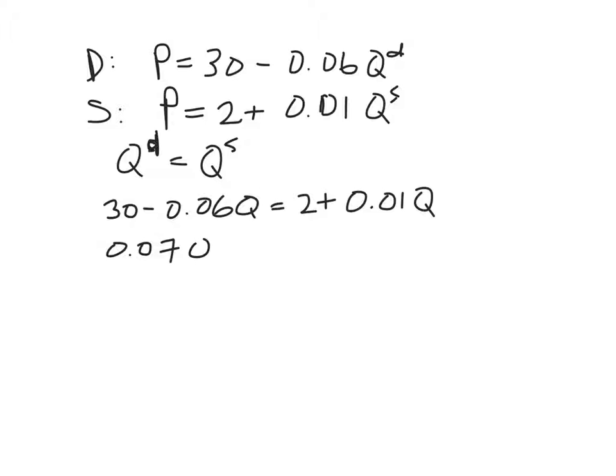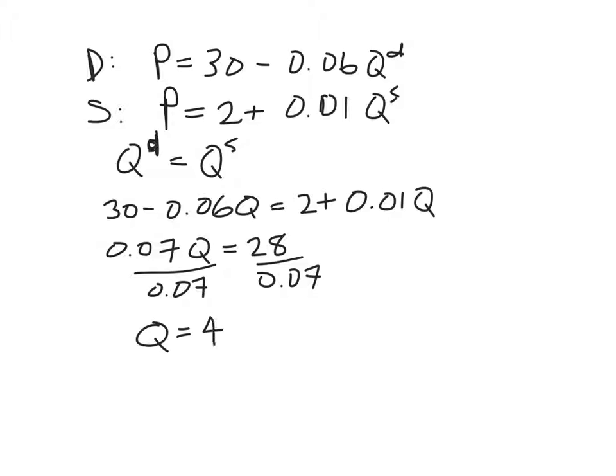And rearranging, that means 0.07 Q is equal to 28. Divide through by 0.07, and I find that Q is equal to 400. And I can plug this Q into either the supply or the demand curve. So it doesn't matter which. It looks like it's a little bit easier to plug it into the supply curve, and